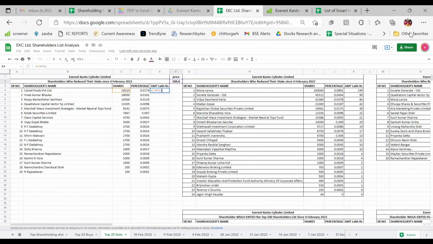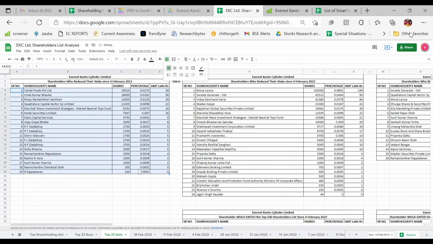Again the same formula, shares multiplied by price, locking it, divide by 1 lakh, and again using the same formula. Okay, I didn't lock the cell, so you can see the mistake of not locking the cell. I'll just go over F2 again and press F4. So the cell got locked. You can see when I didn't lock the cell, it also moved down with the formula. So now I lock the cell, I can put the formula over all of those cells. Just remove the decimals, give them all a border, and you are good to go.